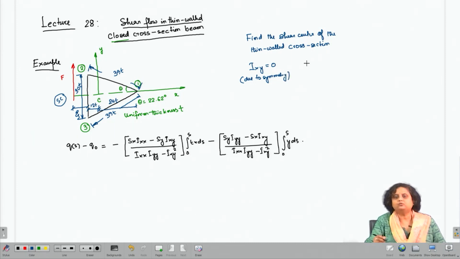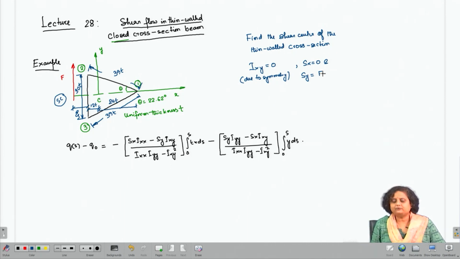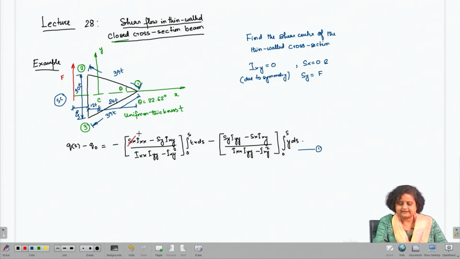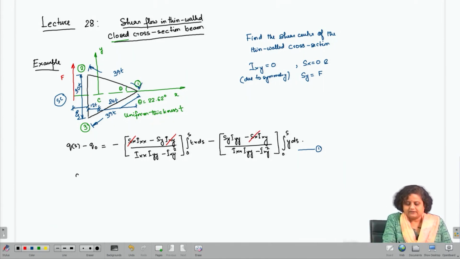And then, because we already know that the shear center is going to lie on the x axis, we do not need to apply Sx. So, Sx is equal to 0 and we have applied F in the y direction. So, Sy is equal to F. Now, if we substitute these conditions into equation 1, it is going to simplify. Sx equal to 0, I x y is equal to 0. Therefore, we are left with Q s